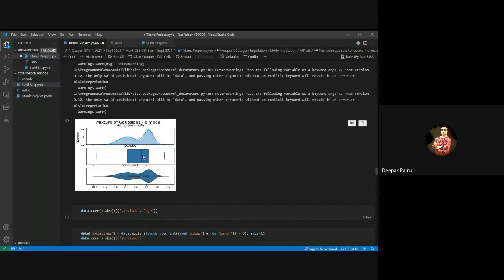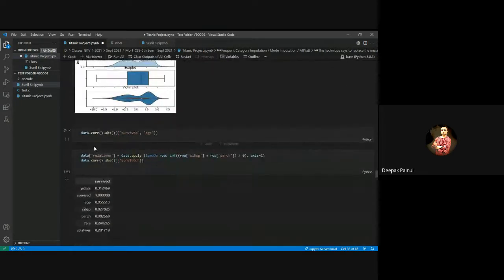The main difference between the box plot and violin plot is, although they represent the same thing, you can see the histogram and the curve in the violin plot. That means it also represents the distribution of data, but the box plot doesn't tell about it. So this is the main difference. Now let us check the correlation of survived with age.